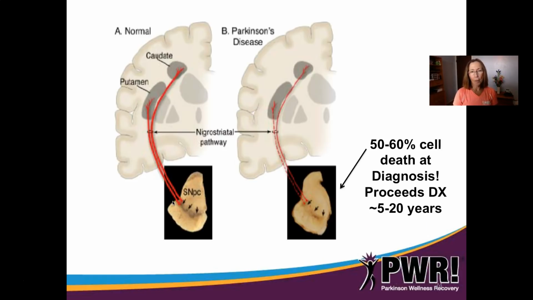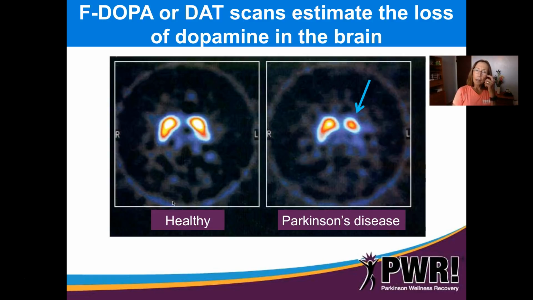So if you could look, let me go back, if you could look at the putamen and caudate here, and where those neurons are projecting to and releasing dopamine, you can actually quantify with different types of PET imaging, F-Dopa PET or a DAT scan, and you can visualize the loss of dopamine. So you see a healthy control on the left, you see this bright yellow representing the amount of dopamine that's in the area. On the right, you see someone with Parkinson's disease with a significant, probably a 70–80% loss of dopamine on the right side there,